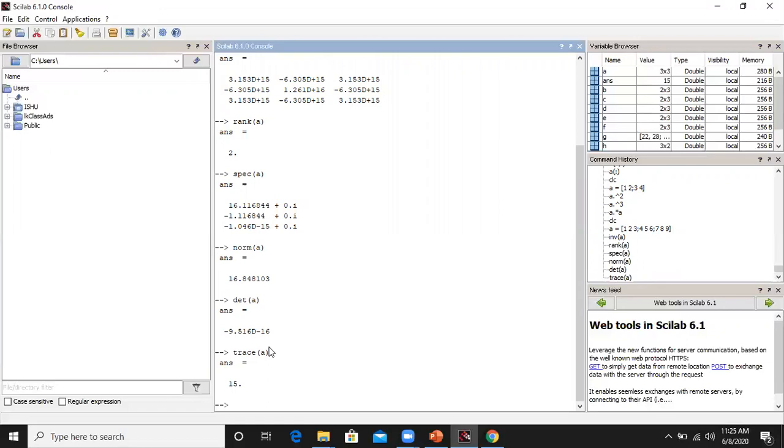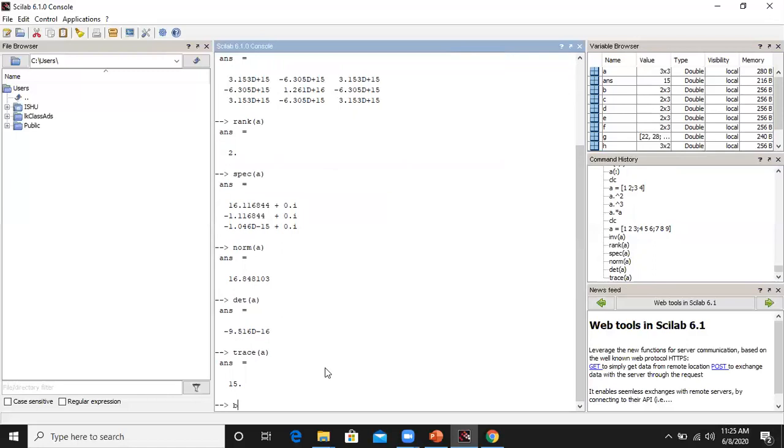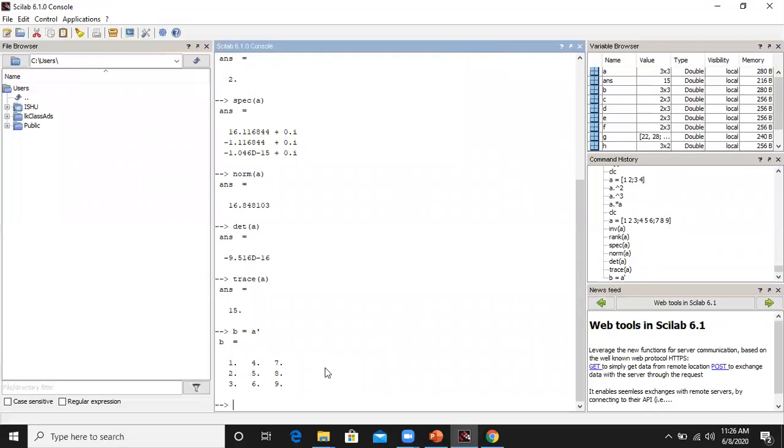Now we can also find the transpose of a matrix. If we look at the matrix A, it has the elements 1, 2, 3, 4, 5, 6, 7, 8, 9. When we apply the transpose to this matrix A, we get 1, 4, 7, 2, 5, 8, 3, 6, 9. Let us check the answer. I will consider the resultant matrix as B, then A, then a single quote, which I type for indicating the transpose. So B equal to A transpose, and I get 1, 4, 7, 2, 5, 8, 3, 6, 9. So this way we can also apply the transposition of a matrix.